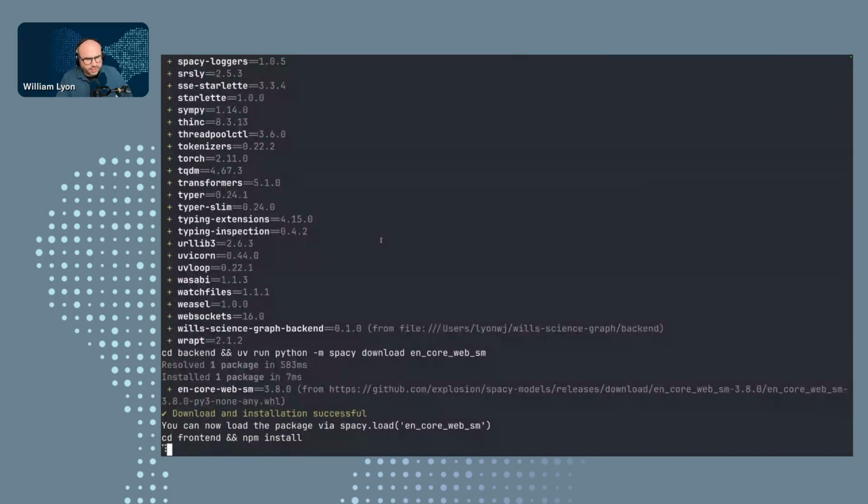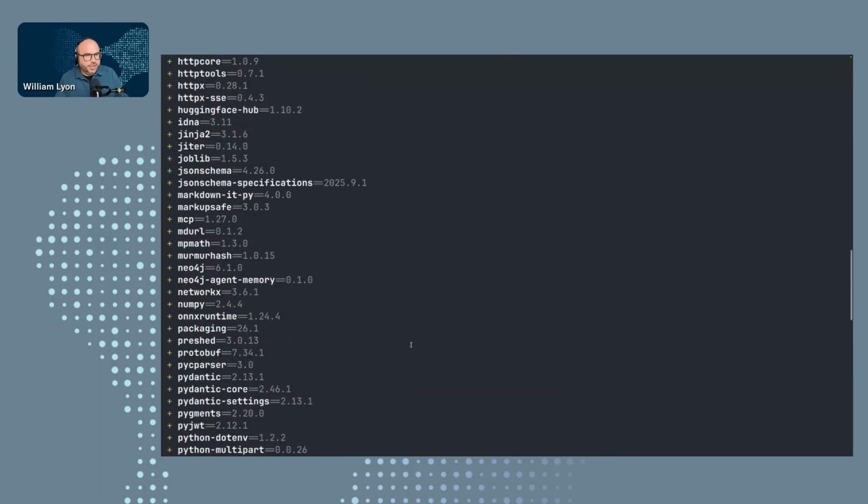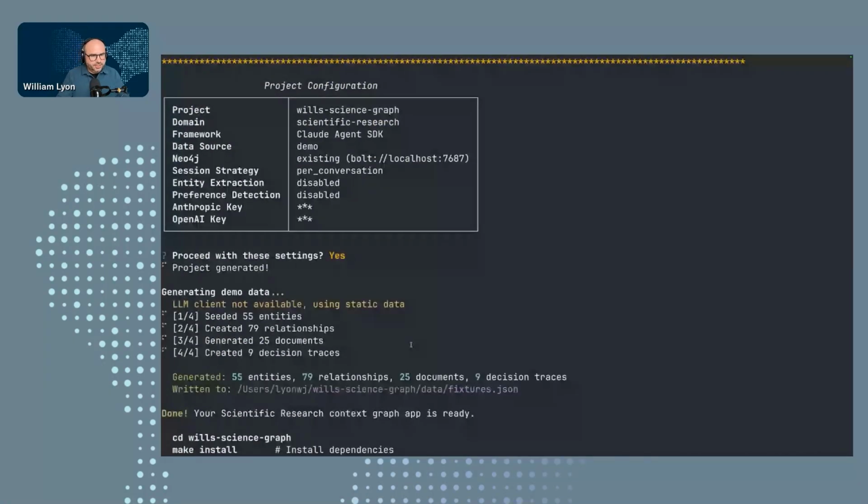And the front end is a Next.js application. We saw earlier we had our choice of back-end framework, right? And we chose, I think, the Claude Agent SDK. We could have chosen any of the Python models supported by Neo4j Agent Memory. Okay, cool. And so then the next step is to